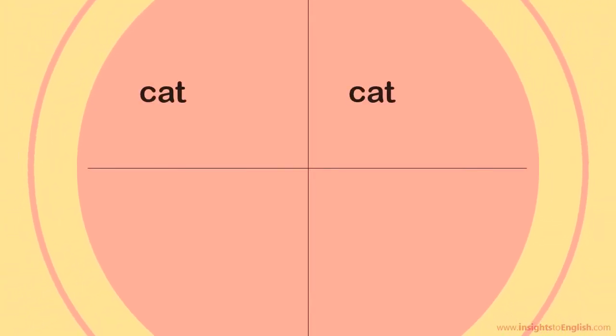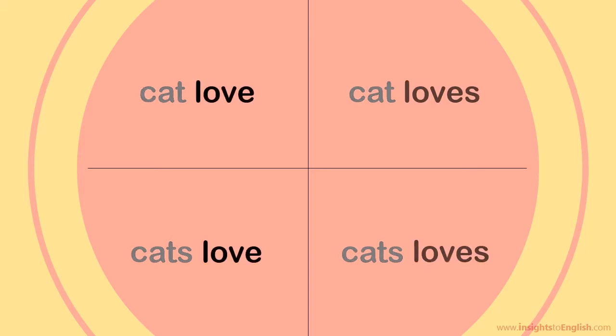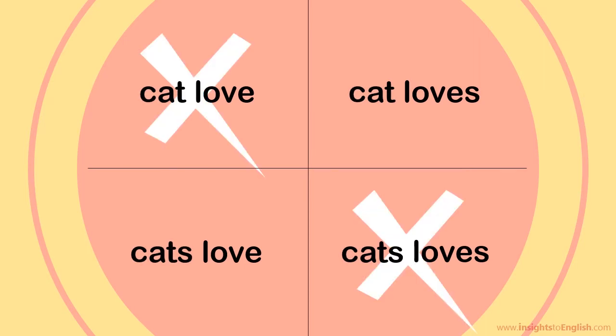Even though students have learned the rules, it can be hard to keep it all straight when making a sentence. We can say cat or cats. We can say love or loves. So, if they're not paying very close attention, they might get it wrong, even if they actually know the right way to do it. But here's a nice trick. Look at the s's. Notice that if there's only one s, cat loves and cats love, it's correct. But with no s or more than one s, it's wrong.